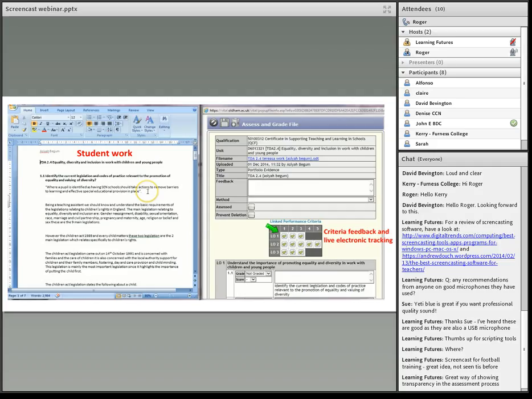They're valuing that feedback. And the big thing for us, the positive thing, is that the students are listening and watching that feedback more than they do with written comments. So we need to do the full research, but it will be something that we will share through Learning Futures. We will share with the sector as a whole.